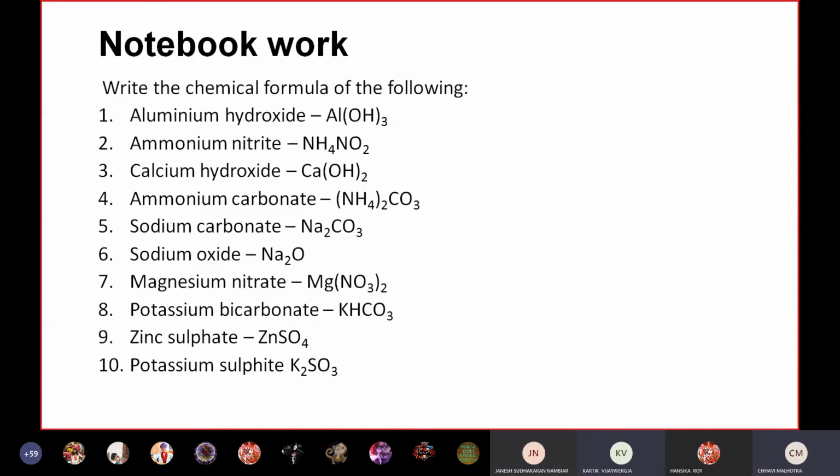So how will a chemical compound be formed? A chemical compound will only be formed when two of them are willing to give and take or share. If they're not willing to do that, then no chemical compound will be formed because there will be no reaction happening between them. Ma'am, if the valency of an atom is 4, will it gain or lose? It will share. If it is 4, it will share.